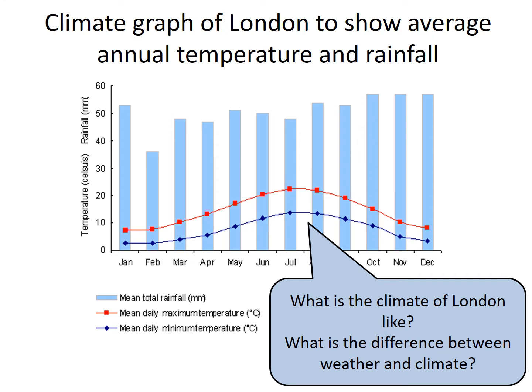Now, if we have a look at the climate graph of London, you can see we don't have huge amounts of variation in the amount of rainfall that we get. Remember when we do climate graphs, the bars are precipitation, the rainfall, and the line shows temperature. We have a relatively stable amount of rain, but we do have fairly big fluctuations in temperature. So we go from about 3 degrees in January all the way up to about 23 degrees in the